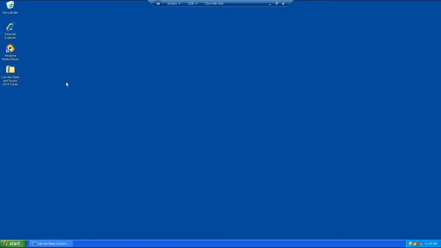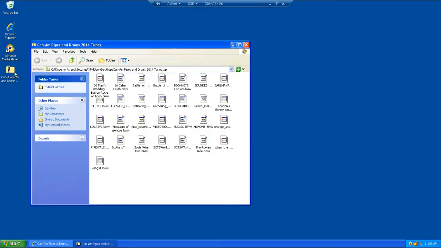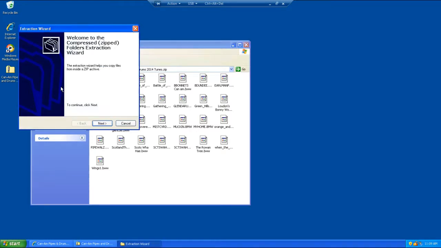We've downloaded the file to your computer, and now step two, we need to open up this zip file and pull out the 29 tunes back into their original format so that Bagpipe Music Writer can play them. So let's double click on this icon and a window will open, and here's our 29 tunes. And now we need to, here at the top left, click on Extract All Files to pull them out of this small suitcase. A small wizard will begin,